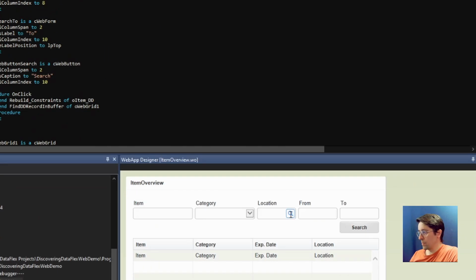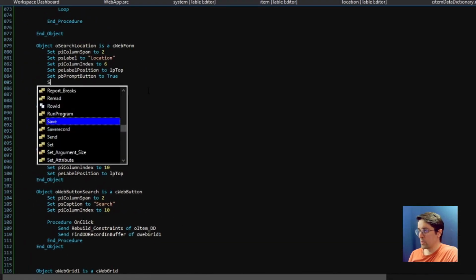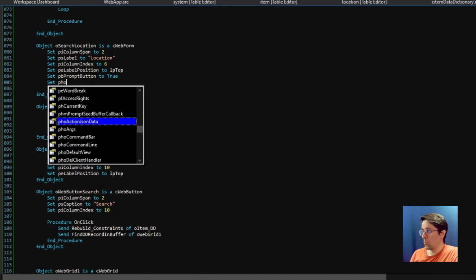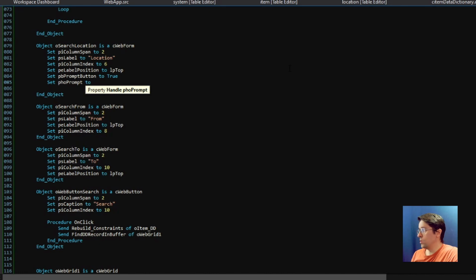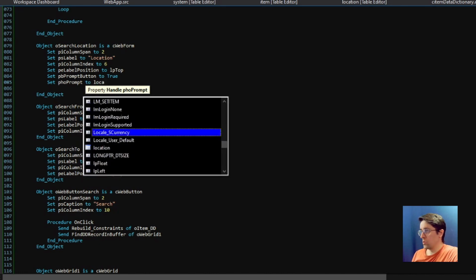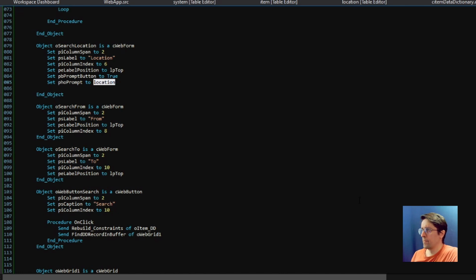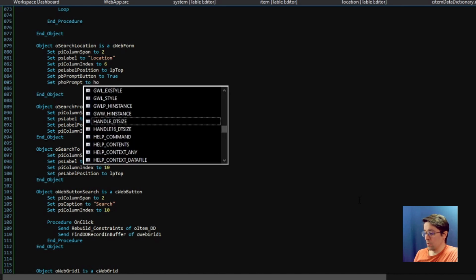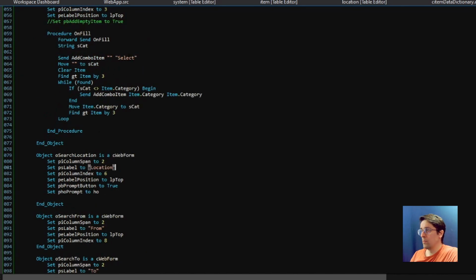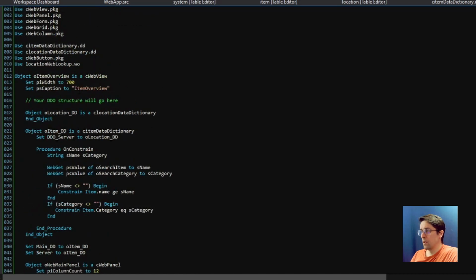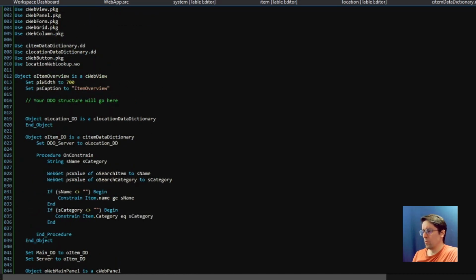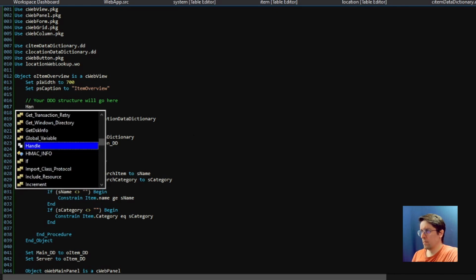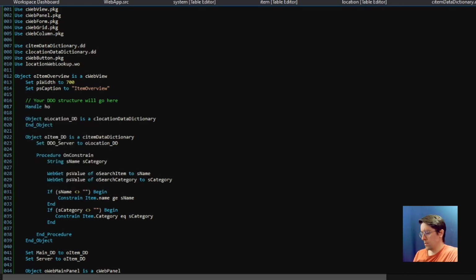And you can see we got this lookup button here, and we want to set the prompt to the location. Yeah, and we need a handle, so we need some kind of handle here, and we need to add that. So let's create a handle, and location lookup,